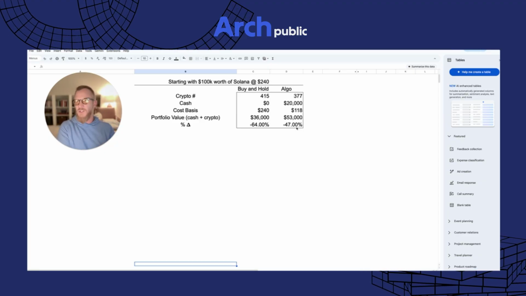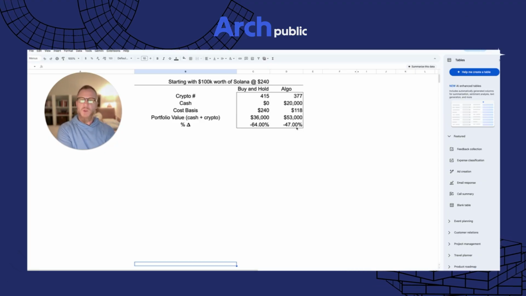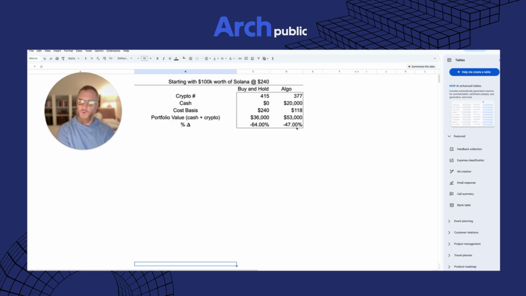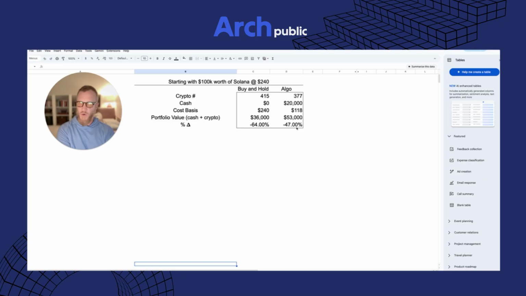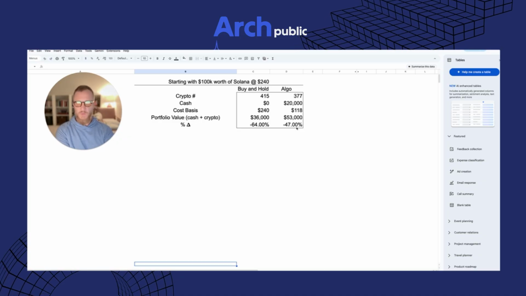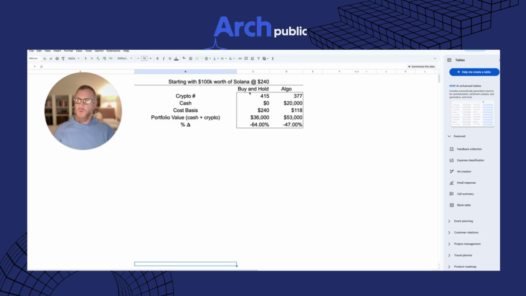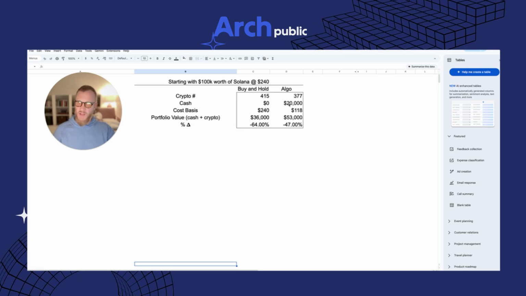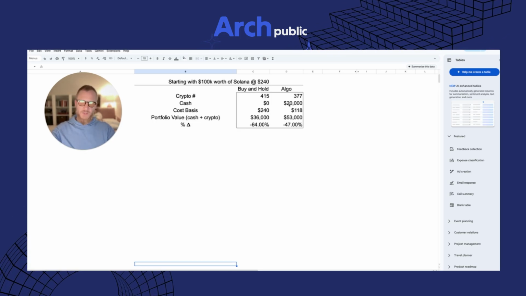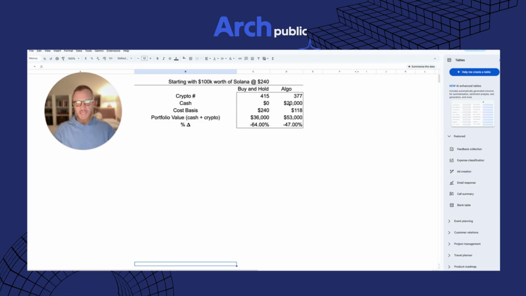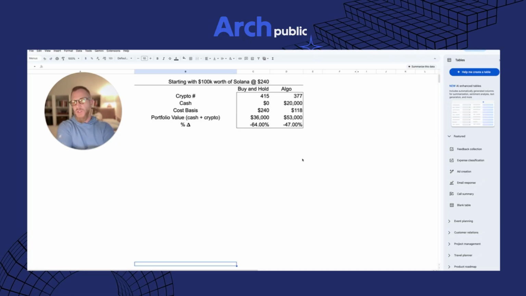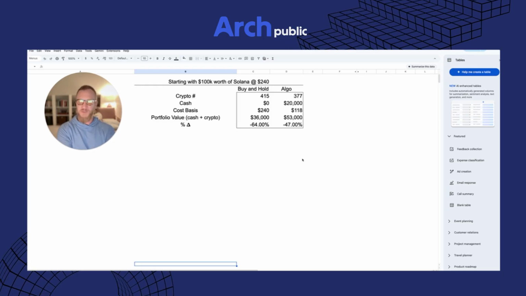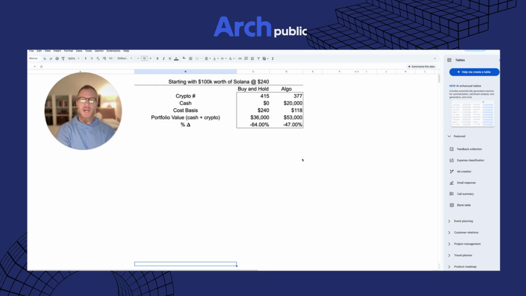But let's just say I took that $20,000 and bought the Solana right now and it ran up tomorrow back to $240 per SOL. Now, in our buy and hold, we would be break even at that point. But if we had taken this $20,000 and fully deployed it back into Solana at the price it's at right now, the value of that portfolio, if the price shot up tomorrow back to $240, would be